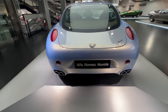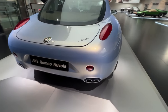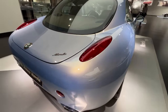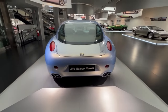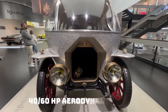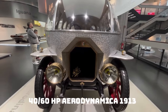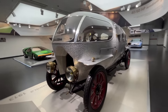Alfa Romeo Novella. I presume that's the correct pronunciation. And just look at that crease running in the body through the taillight through to the back. Beautiful example. And then we have the Alfa Romeo 40-60 horsepower Aerodinamica of 1913, and just check out this vehicle,